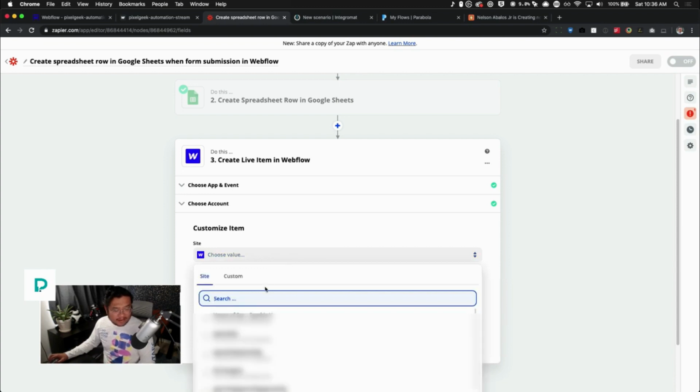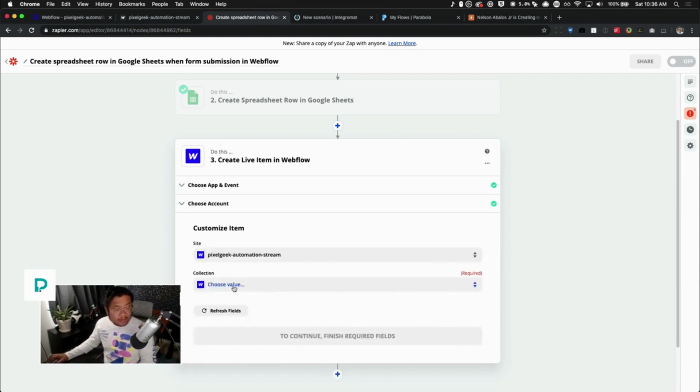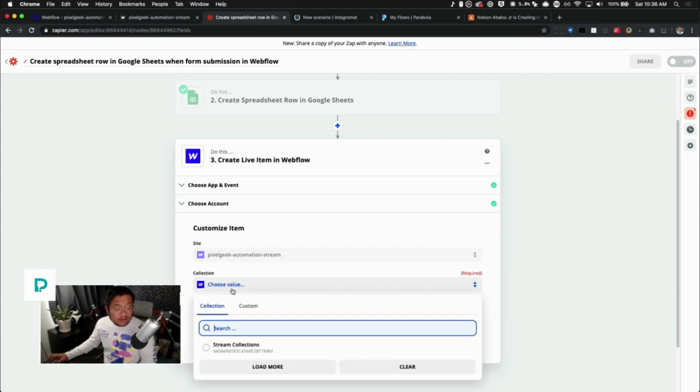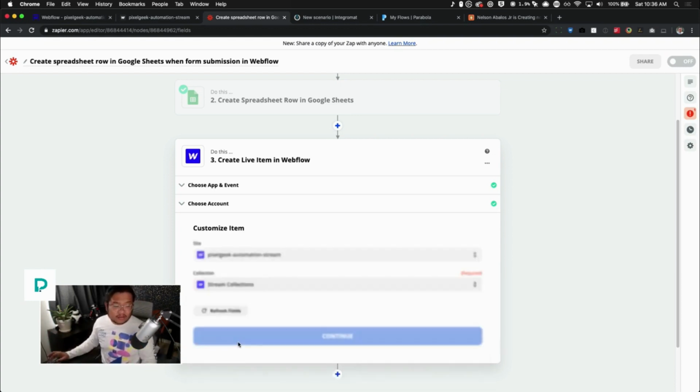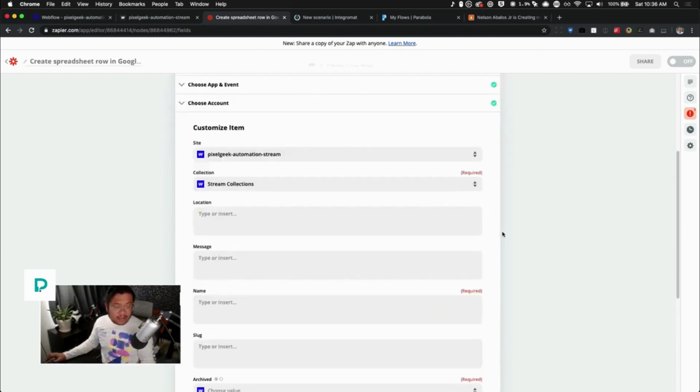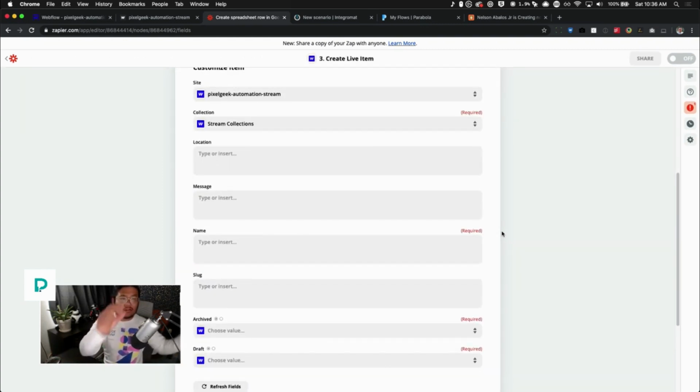Find the site, Pixel Geek automation stream. And now it's going to look for a collection. If you don't see your collection here, that means you didn't publish your site yet, so you have to publish it. So the Webflow servers, when it talks to Zapier, it knows it has a collection. Okay, so click on collection, and now, just like I said, you're connecting one end of a string to another,